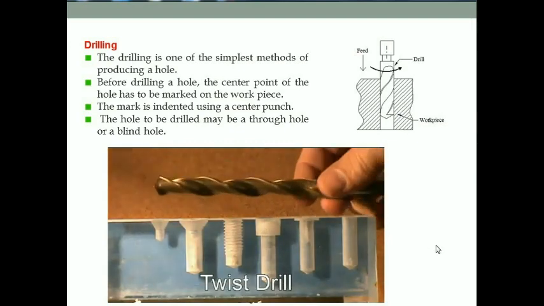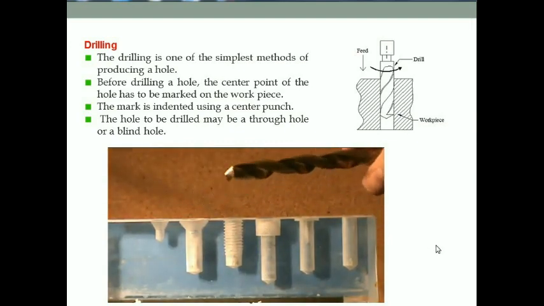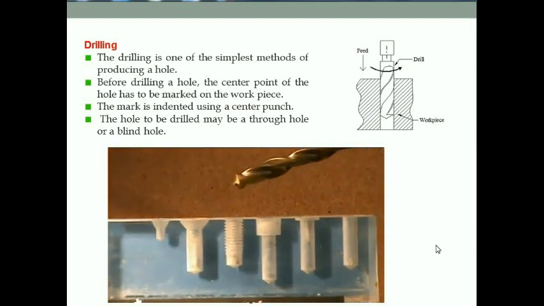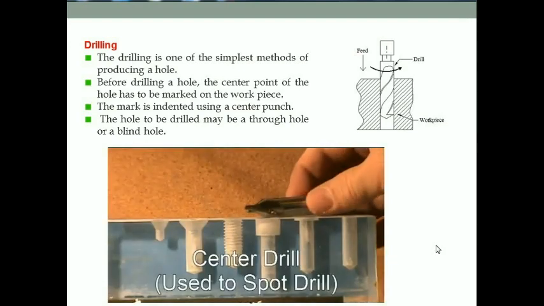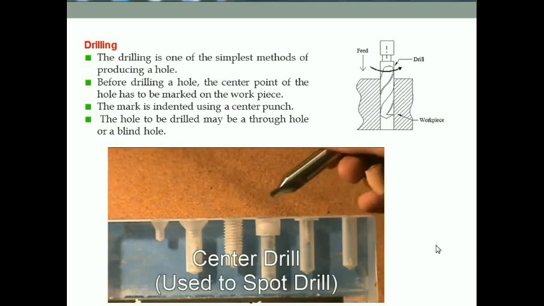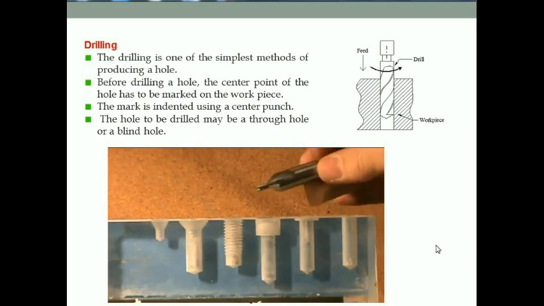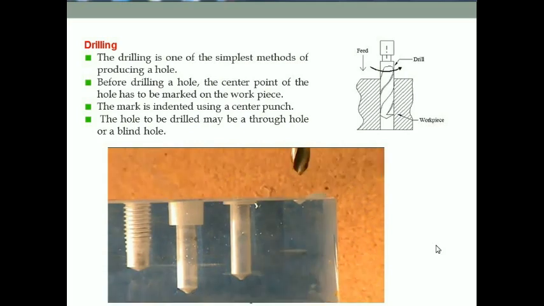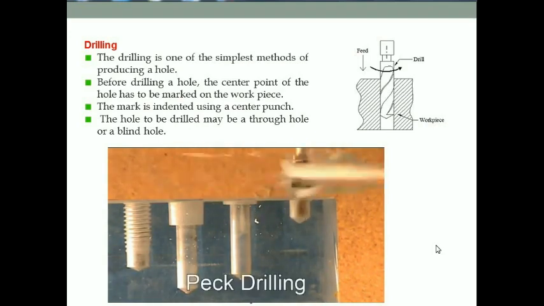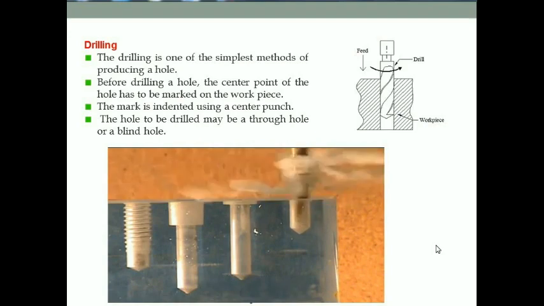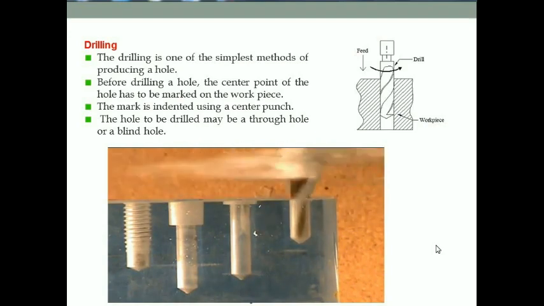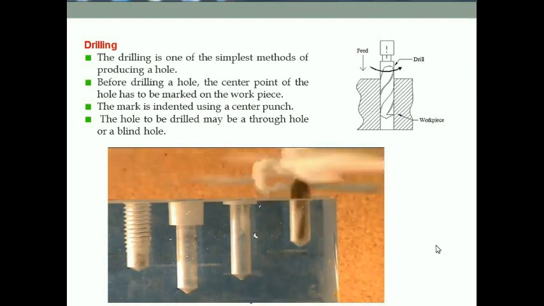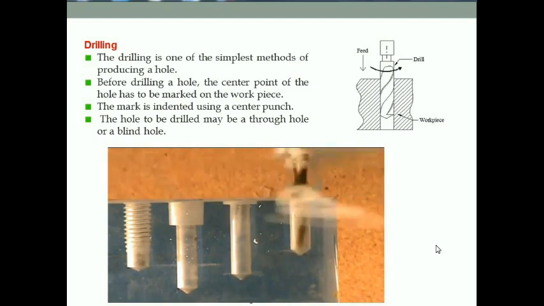Okay, we're going to see how to use a twist drill to drill just an ordinary hole. But before we use the twist drill, we're going to use the center drill to drill a little tiny hole to get our twist drill started. This is called a spot drilling operation. Now we'll switch tools to our jobber drill, our twist drill, and we're going to make this hole by going in a little bit and then backing out. So this is called peck drilling, where you feed in a little bit and then back out to clear the chips out of the way.